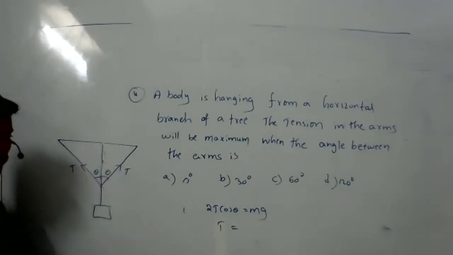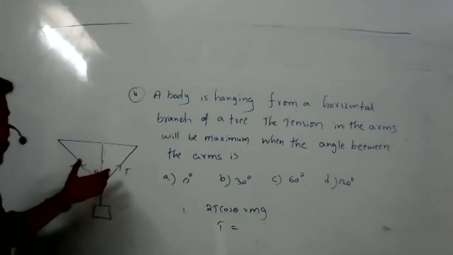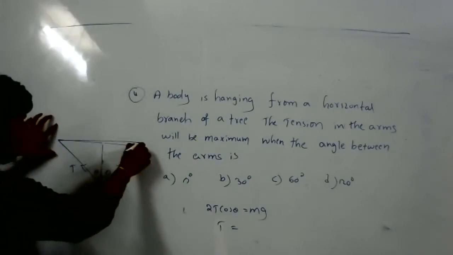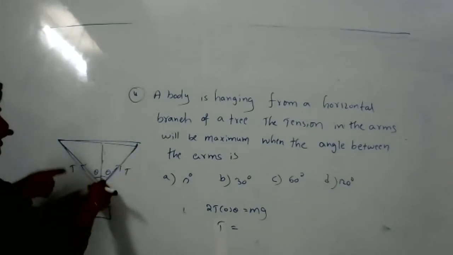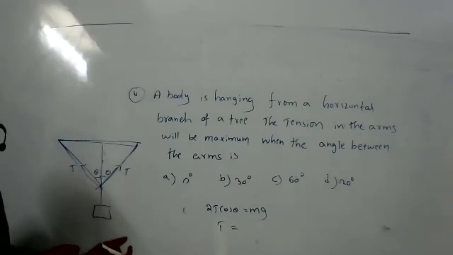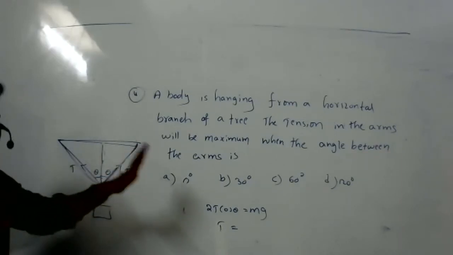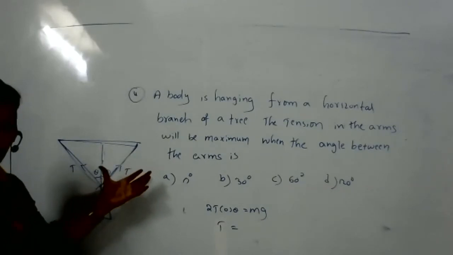Sorry to bother, sir. I did not understand this diagram at all. That's why I asked what if the object hangs from the edge. It's not from the edge. They ask tension. That means one of the branch is there, it is the branch, right? So they fixed 2 threads. Then only tension will be there. Tension in the arms. Sir, how do you know there are 2 threads? Threads is nothing but what we are calling the arms. In the arms itself there will be a tension force, right?